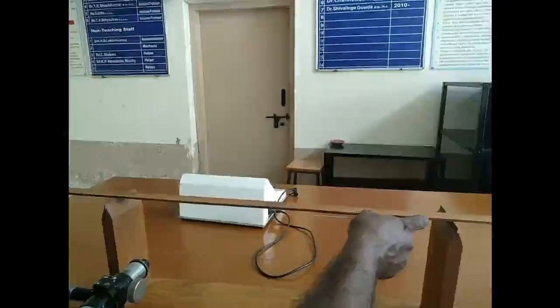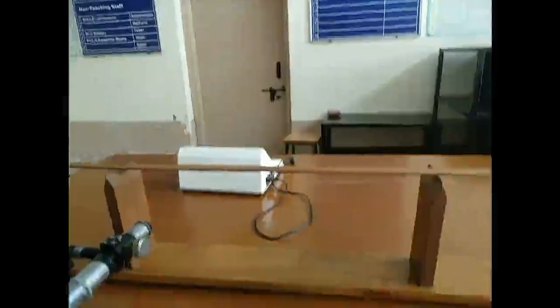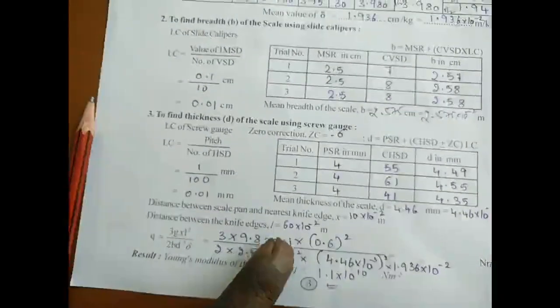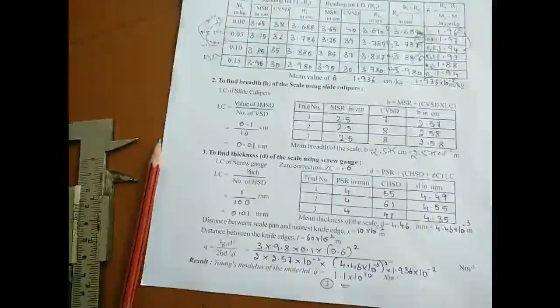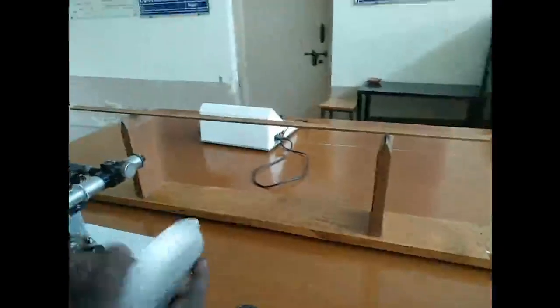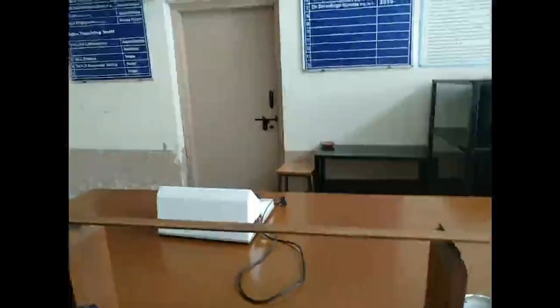The distance between these two we take as L, and that L is 60 centimeter. That is already given here, and that is taken as L is 60 centimeter. Therefore, you can write down L is 60 into 10 to the power of minus 2 meter. And then similarly, we are given the 2 scale pans. You should hang those 2 scale pans on either side at a known distance, that is at the second mark like that, and here also at the same second mark on this side.